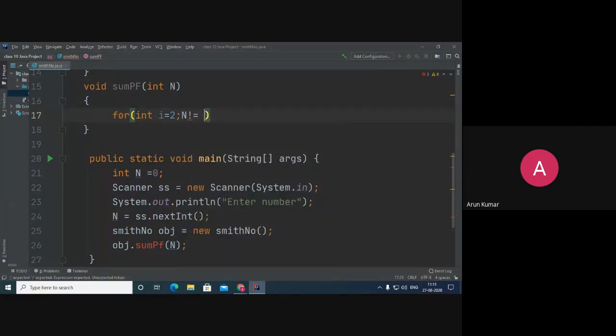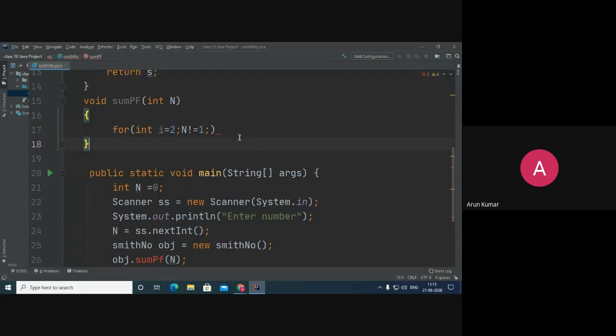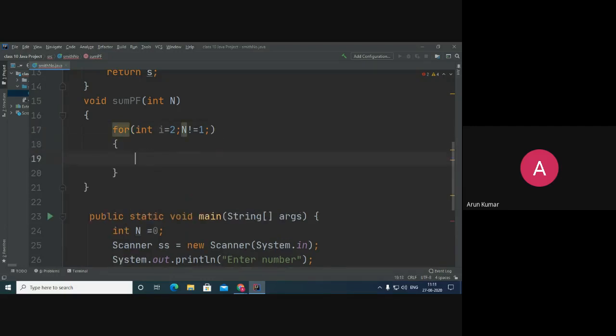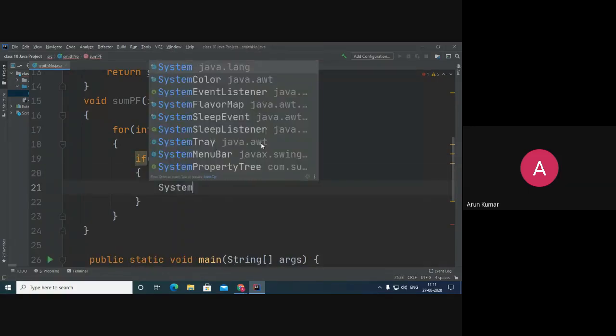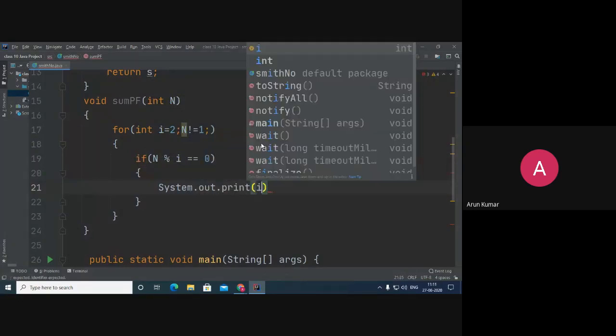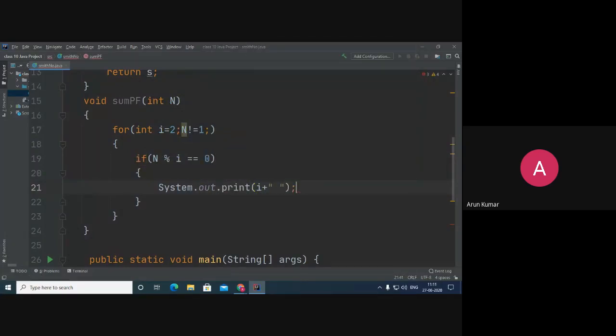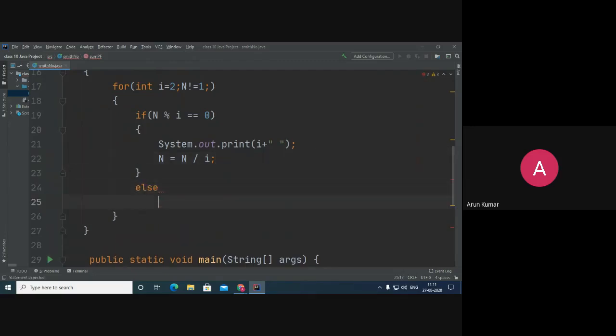Till n is not equal to 1, if n mod i is 0, then print i and n is equal to n upon i. And when it is not, then i plus plus.